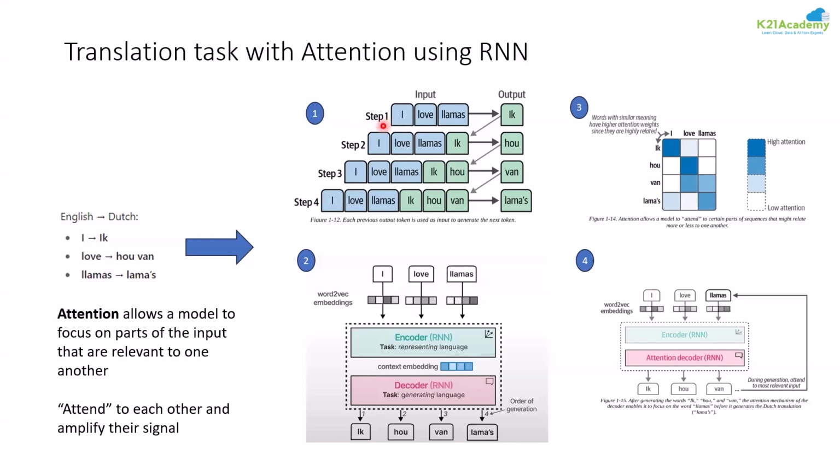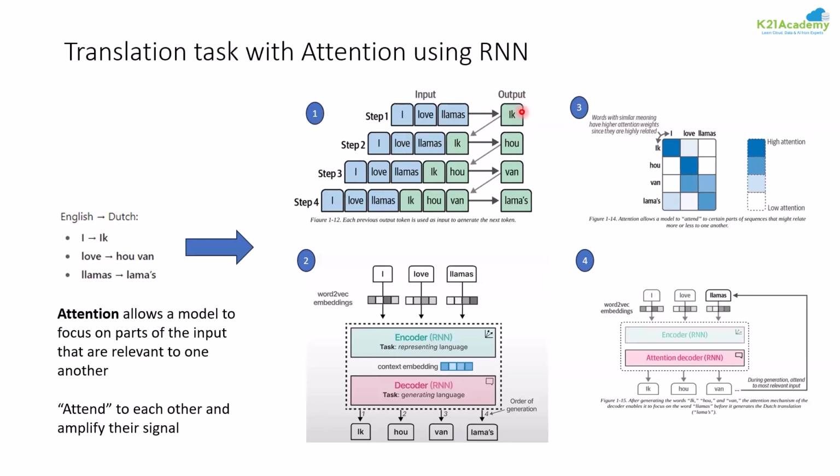How does an RNN take this into picture? If you remember, we have an RNN, right? An RNN takes the whole input and then outputs one token at a time. That token can be a word or it can be a letter. I hope now we are clear with what a token is, guys. It can be a word or a letter or a sentence. So the moment the RNN sees this sentence, it outputs one word.